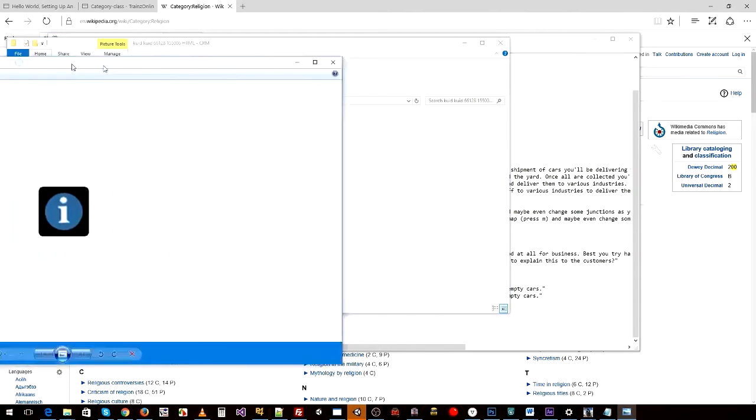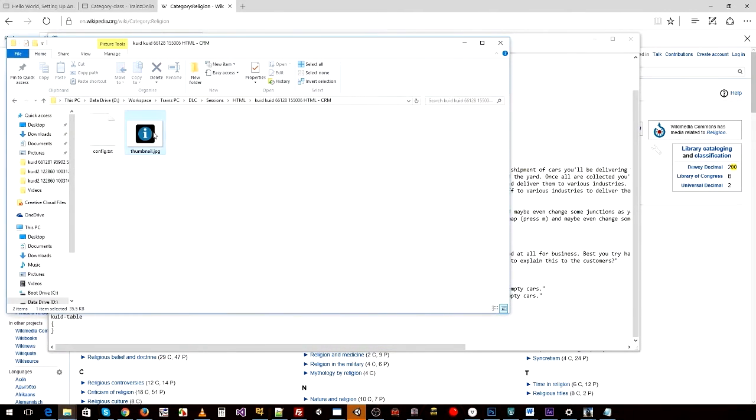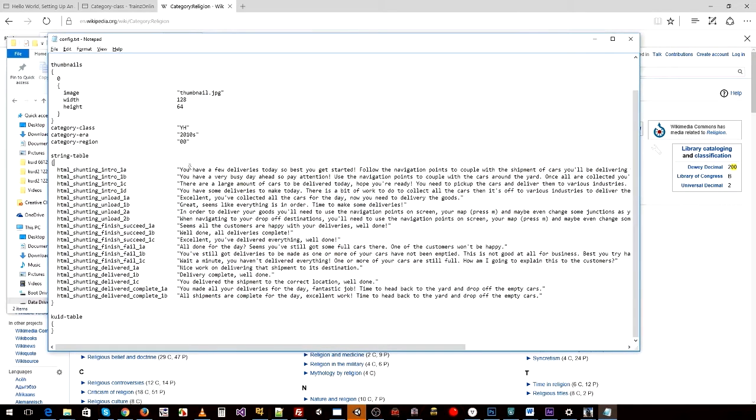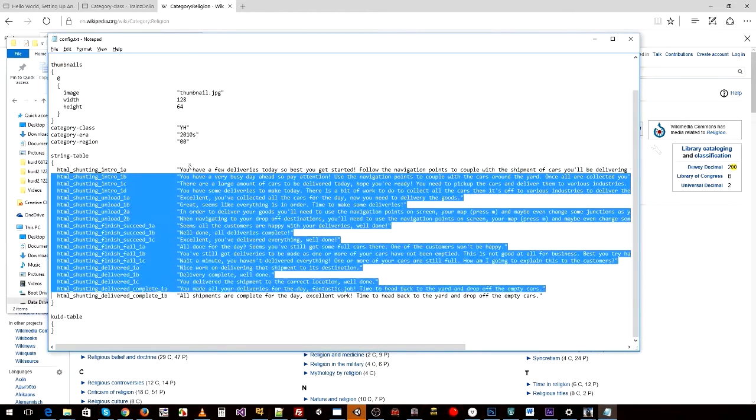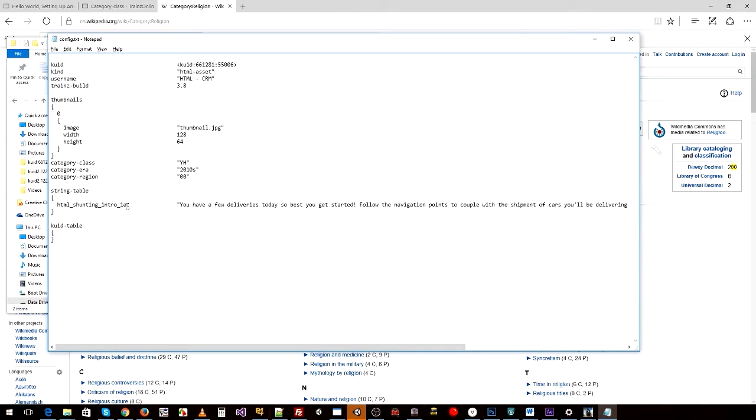Right. There's our little icon. We're going to just use that, but you can make your HTML asset have whatever icon you like. Right, we don't need all this because that's for a different session. The first line of text, I do have a doc here that I've got open, and I've got 1, 2, 3, 4, 5, 6 lines or message pop-ups that I want to use. So I can go HTML, or you can call this whatever you want. I just go HTML underscore message 1 for our first message,